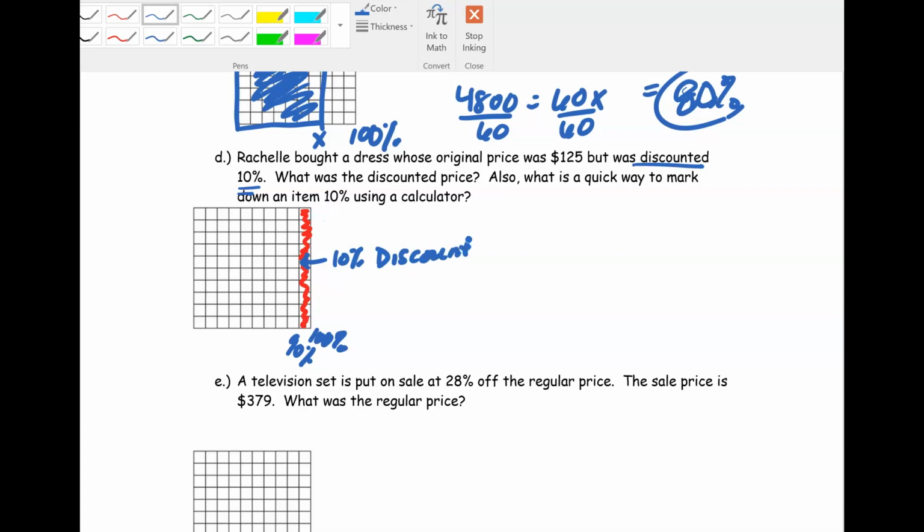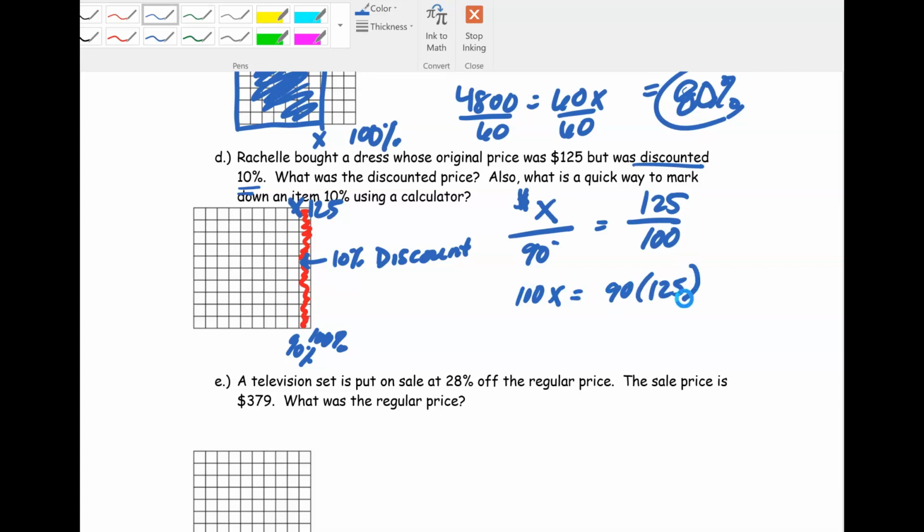is this red part. And so the original price was $125. What was the discounted price? So we can put an X there. So X, what is the price? The price goes on top compared to 90% if $125 is the 100% price. And then we can cross multiply. So 100 times X equals 90 times 125. And then if we cross multiply, there we end up getting